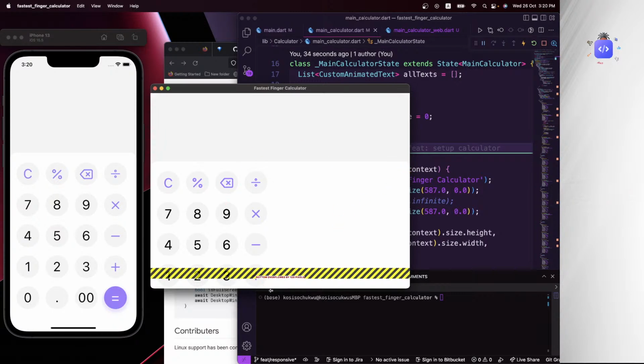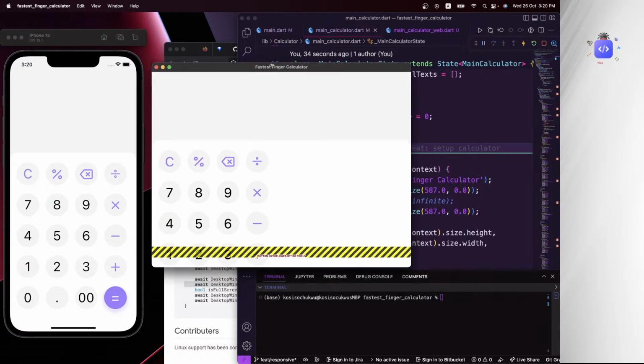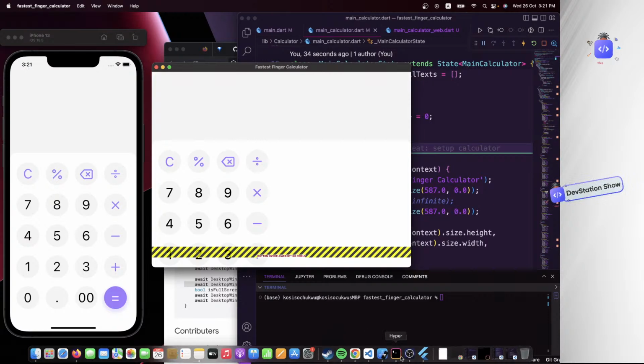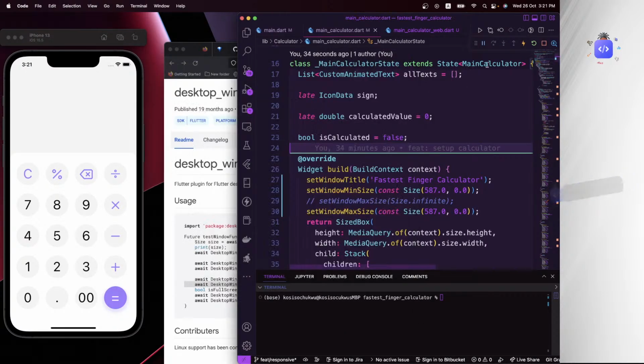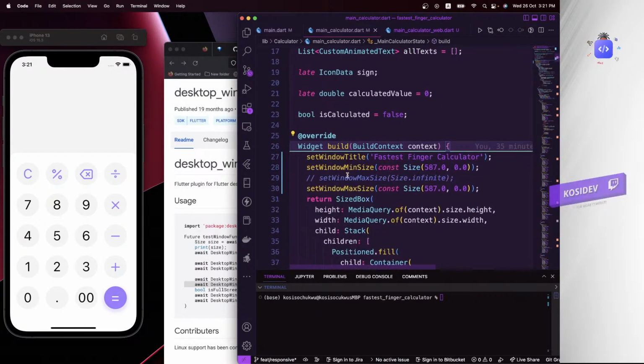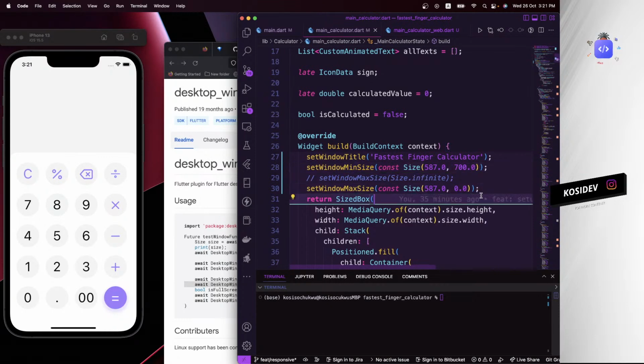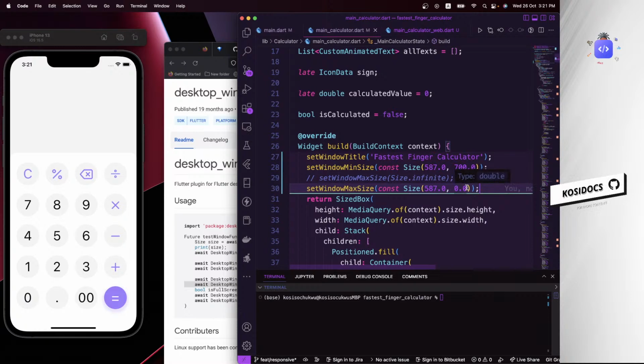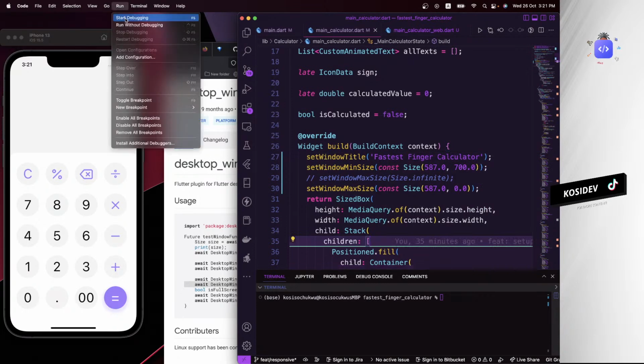But there's an issue. We actually have to give it a minimum height, extend the height a bit, because I don't like the height of what's going on. Okay, so for the width, I'm going to say window minimum size, minimum height. You can set the minimum height to be 700.0. So if you run this again,